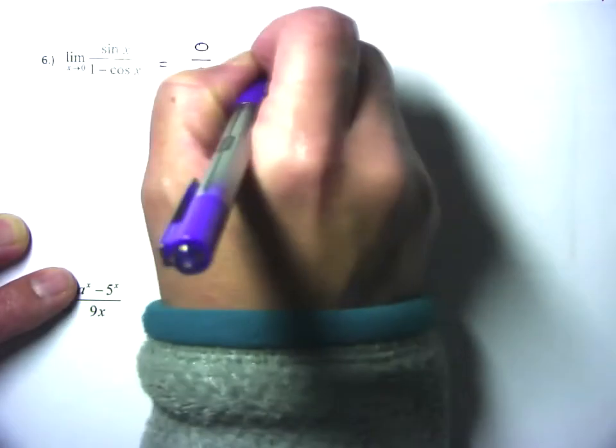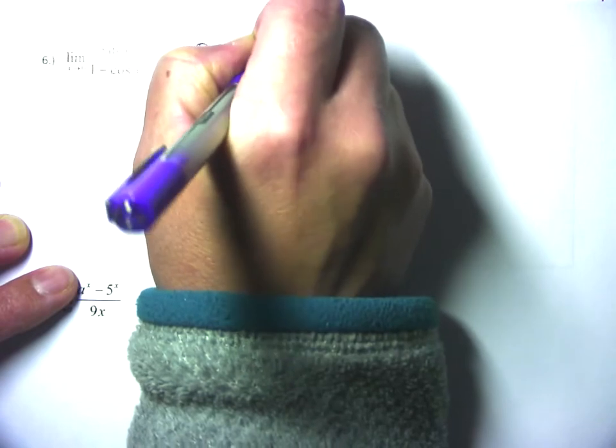All right, let's see, number 6. I have the limit as x approaches 0 of sine of x divided by 1 minus cosine of x. By simply plugging in, I get sine of 0, which is equal to 0. Cosine of 0 is equal to 1, so 1 minus 1 is also 0. So I have 0 over 0, my indeterminate form, which tells me that I need to go ahead and